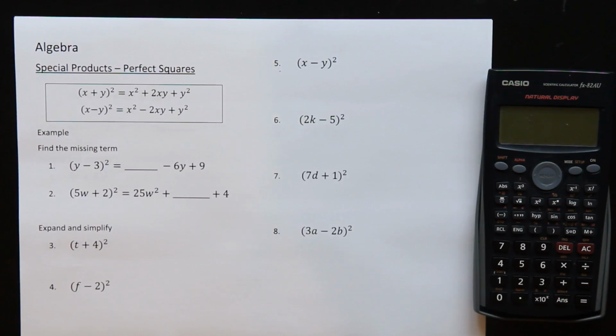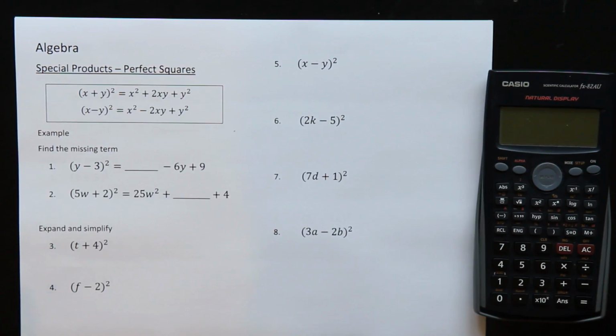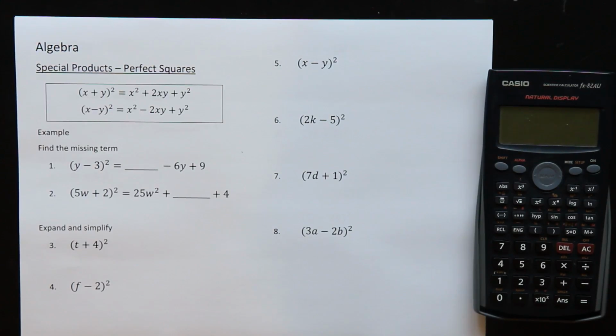Today we're doing some special products and specifically we're looking at perfect squares. So if you were with me last lesson, we did some binomial expansions, and with any type of question where you're expanding where you have two brackets, you can always resort to the method of using FOIL that we learned last lesson. But